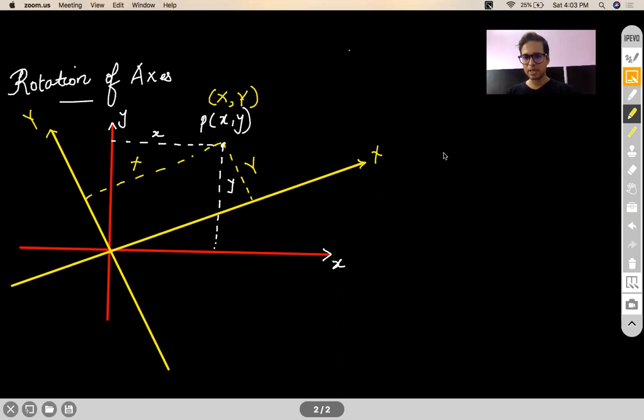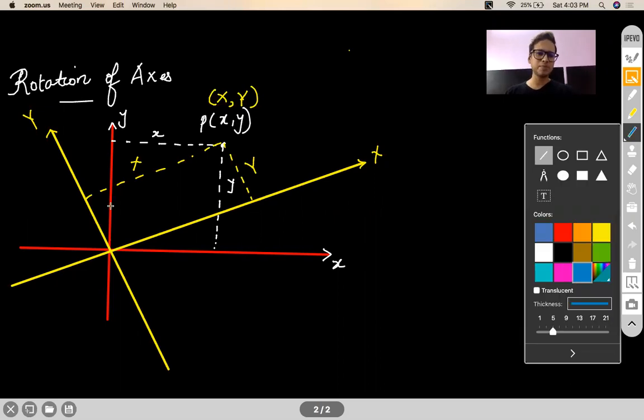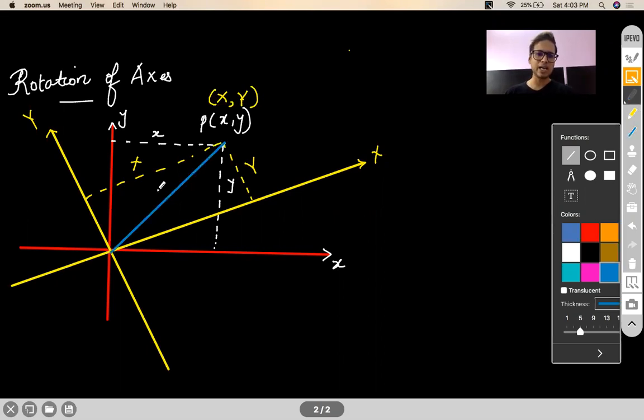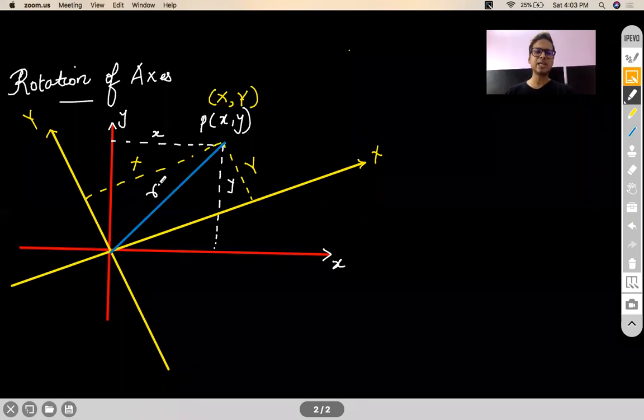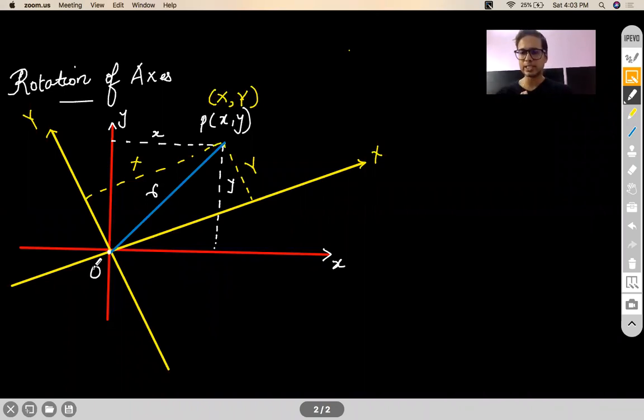Now, how do I figure out what is the new x coordinate and what is the new y coordinate? One thing that you would appreciate here is that the distance from the origin is not going to get impacted. That means this distance, let's say I call it r, is not going to change because the origin is not changing its position. Origin is still at the same point, correct? So r is not going to change. Now this gives a hint that we could use polar coordinates, which was given to us by Isaac Newton, to know what is the new coordinate of this point.